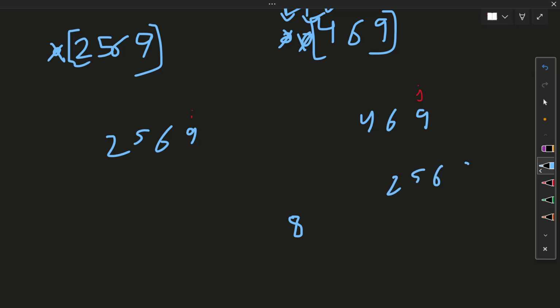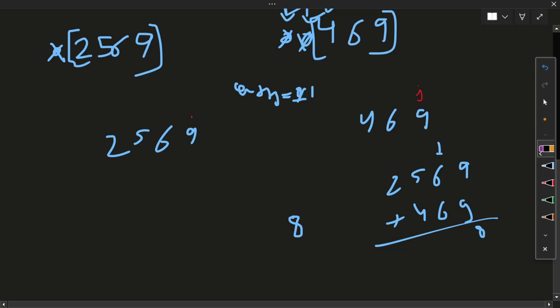So let me write in a simpler way. We have this and we have this, and we have to sum this. So we got 18, and 1 will carry forward. So how do we create this carry? We have to create a separate value for carry. Initially carry is 0, so we need to add carry, i position and j position. Then we got 18, 8 will be added here, and 1 will be added to the carry. So carry is containing 1. Next, the i pointer will shift and the j pointer will also shift.